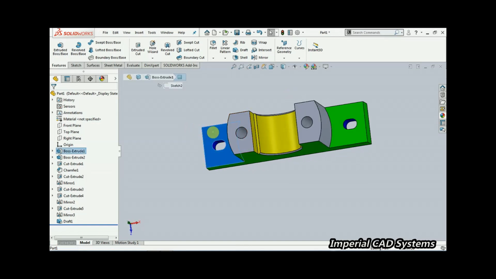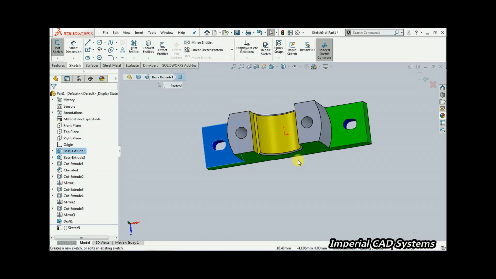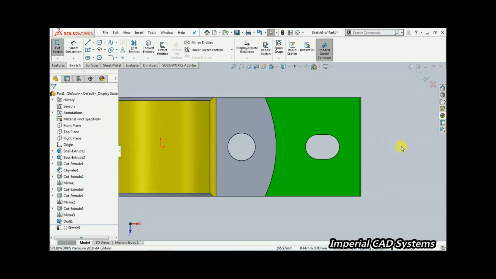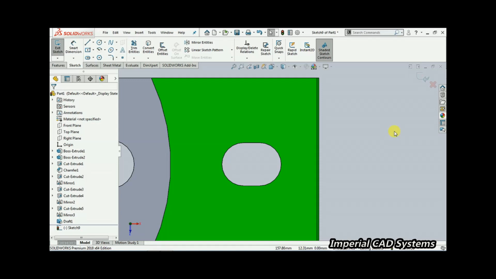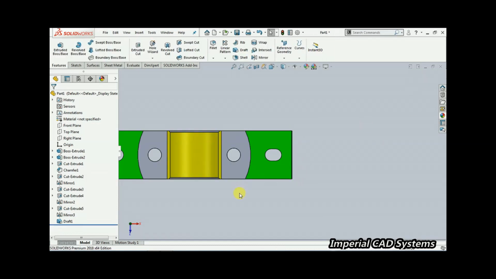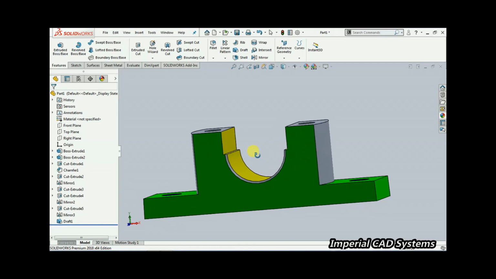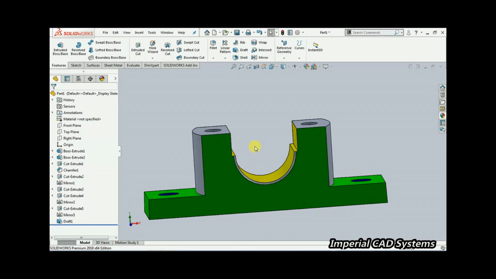Let me check. I select this surface and go to sketch. See here, when you view from the top view, you can see 2 edges as per the drawing. By giving the draft angle, you can see here 2 edges. Like this, we need to create a plumber block body in SolidWorks